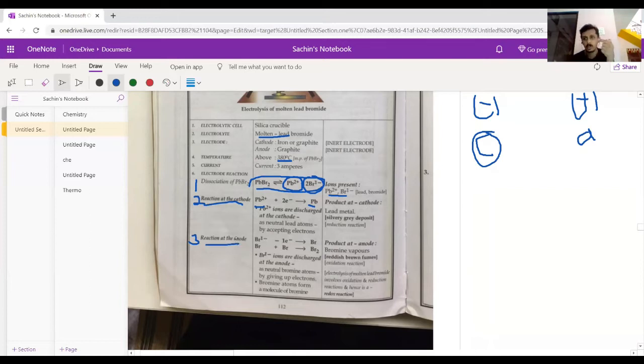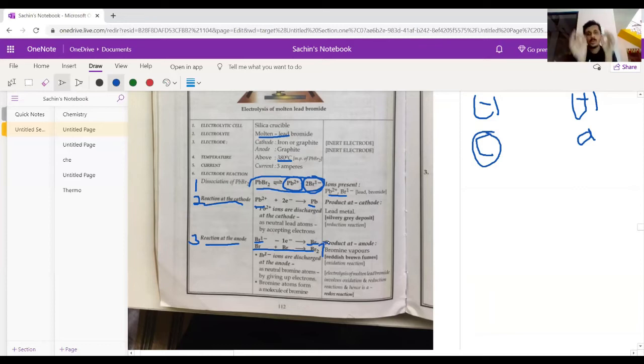What ion moves to anode? The anion moves to anode, which is positively charged. The anion is negatively charged, meaning what? It has excess electrons. Once it moves to the positive electrode, it will give away that excess electron, and from ion it becomes atom. That is, it becomes from bromide Br- to bromine atom. A single bromine atom combines with another bromine atom to form bromine molecules, that is Br2, which is a gas and will be liberated. Where will it be liberated?